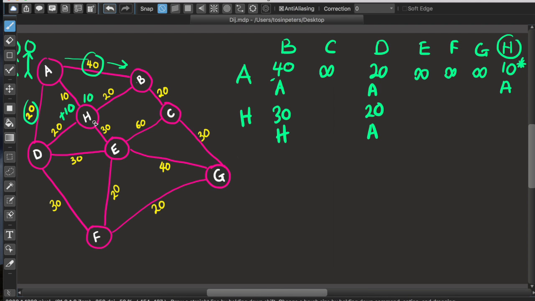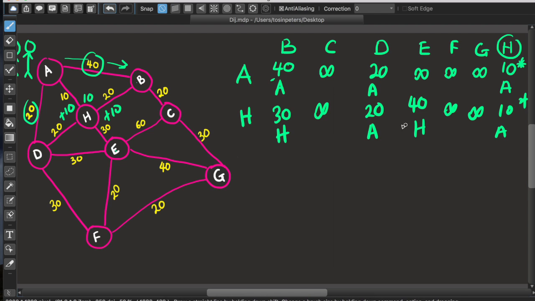And then we see that H is going to E, 10 plus this. 40 is better than infinity, which is better than nothing. What else is H connected to? H is connected to A, but it doesn't make sense to write anything here because we don't have a path to A, so we're not writing that there. For the other parts, we're just going to keep the values there, and H is just going to come down